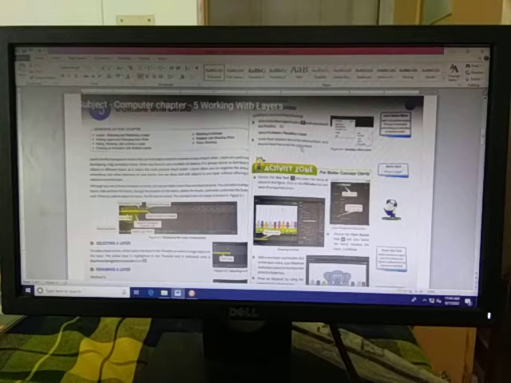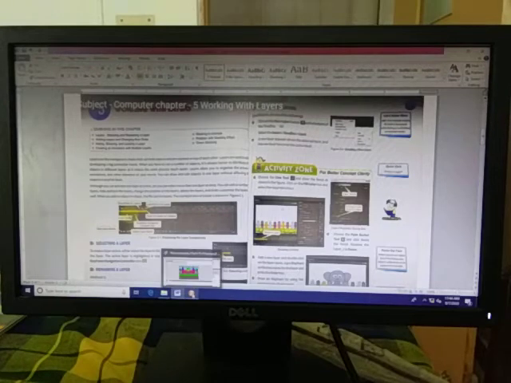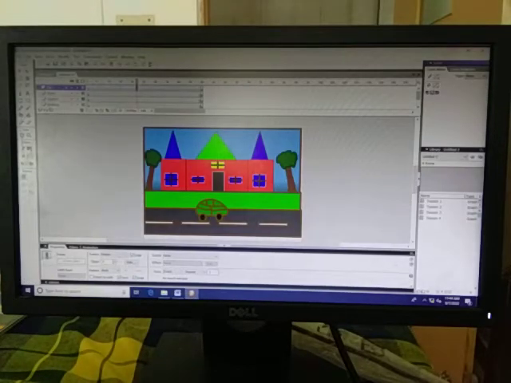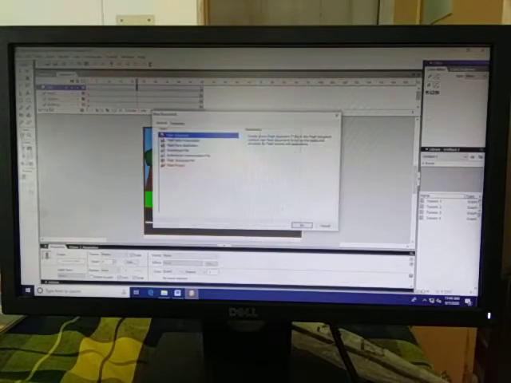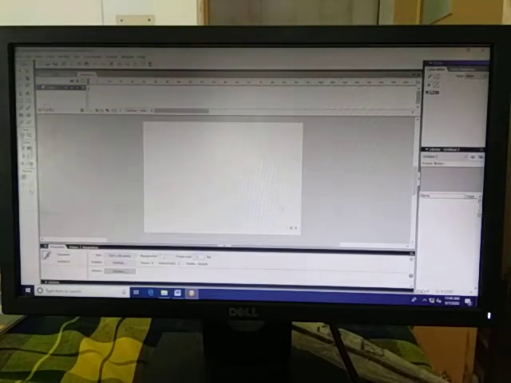So students, I would like to tell you how to create a layer and how to work in the layer. First, how to create a layer. I am going to start. Go to File and New option, and then we have to create a new document.